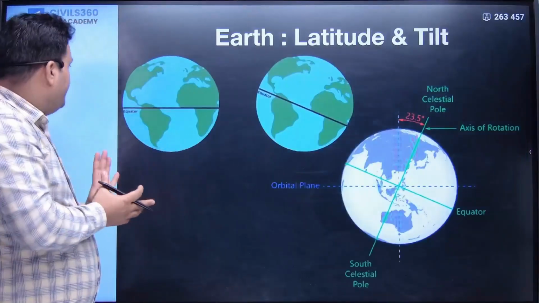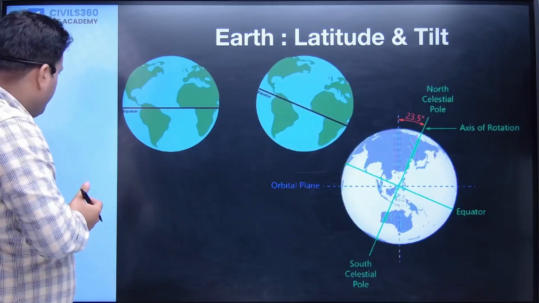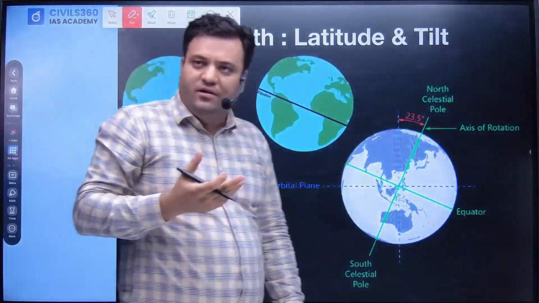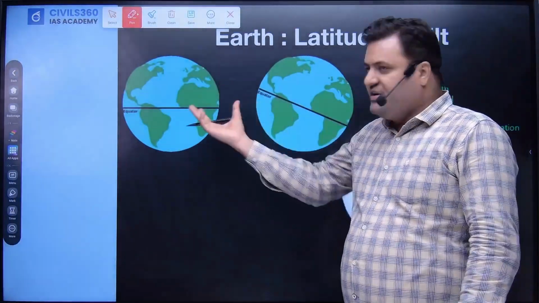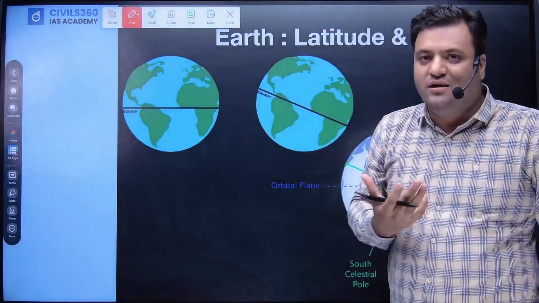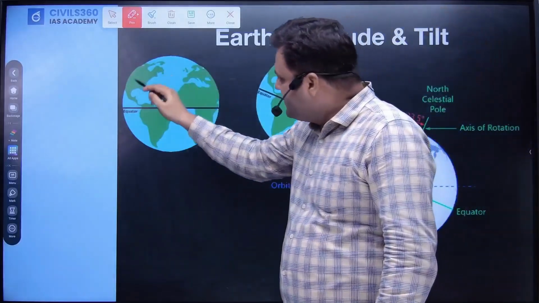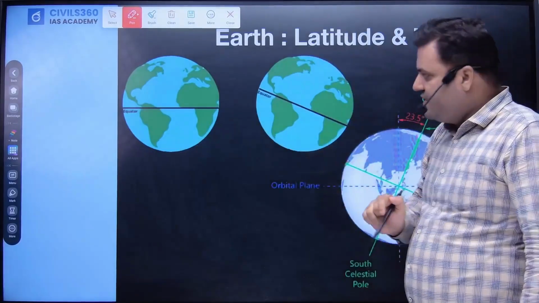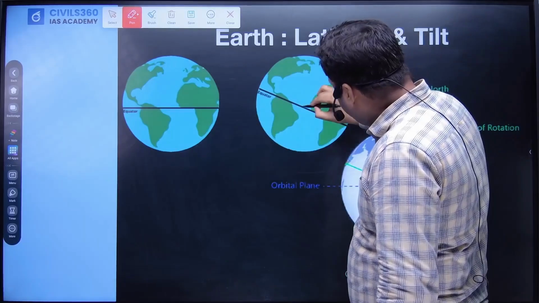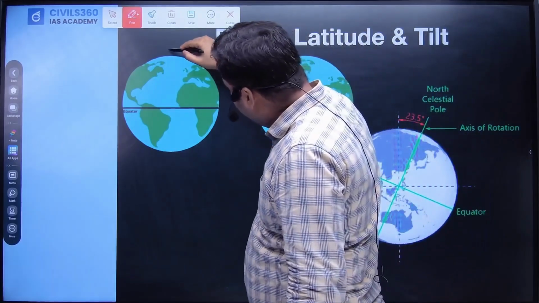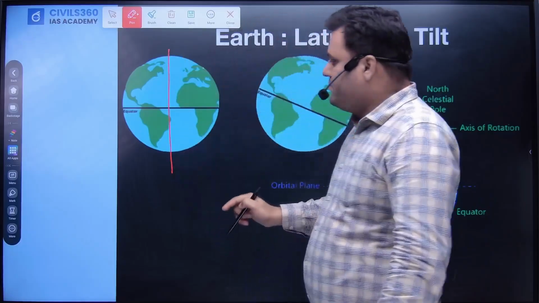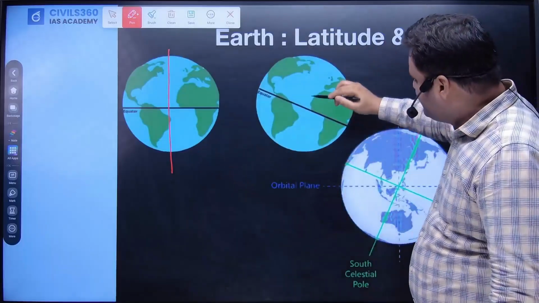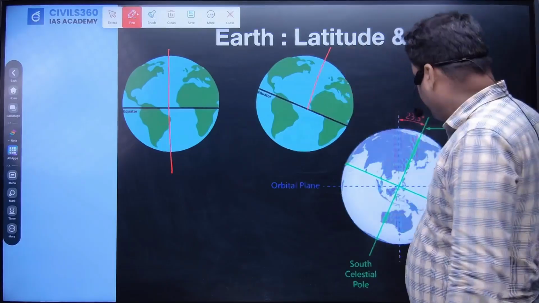Now here you can see this is the shape of our Earth. However, I told you that we will always take the reference of the perfect sphere, while our Earth is a geoid in terms of its shape. So this is what the appearance should look like, but there is a tilt. Suppose this is the axis of rotation, but because of the tilt,